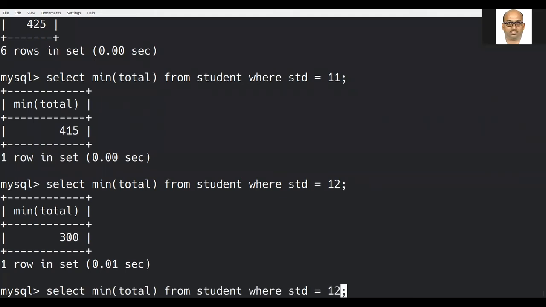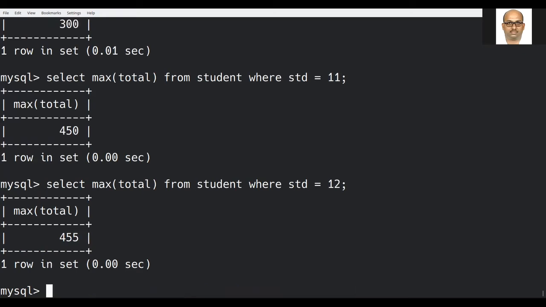Similarly, I can check it for 11 max total also. Max total is 450 and max total with respect to 12 will be 455 as we have seen already. Yes, this is how we will be applying these max and min functions.